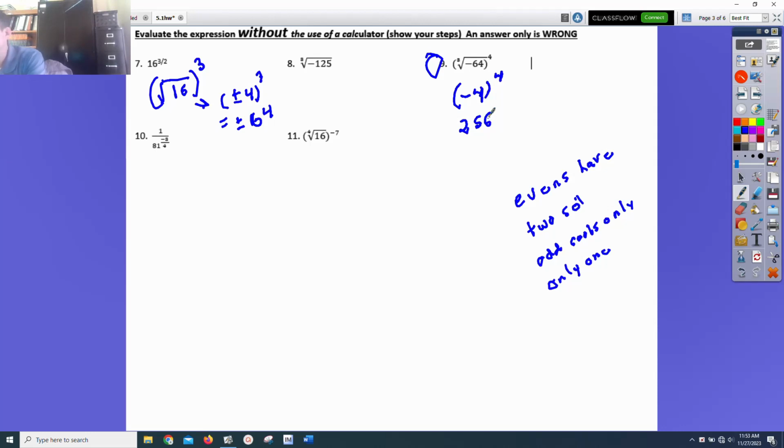It should be. I'll do 10 with you. We have that negative exponent. We're going to shift that up top. This thing becomes, if I can write,